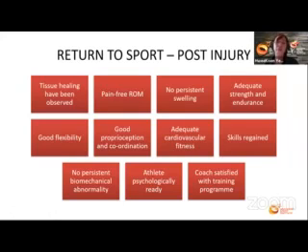Also, one of the very important considerations is the athlete being psychologically ready. Psychological readiness is not about saying, yes, I am ready. It is about how much the athletes know about their injury, how much they know about their impairment, and whether they are aware of the risk of injury. So it is also about keeping them well informed about their medical problem or their injury.